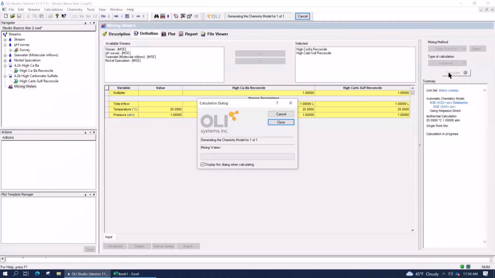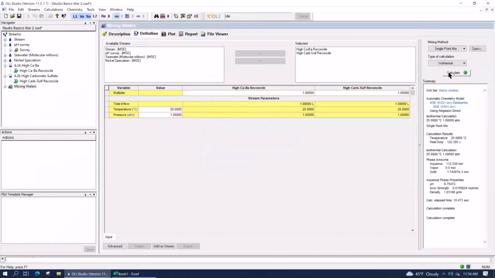What I want to show you is how the software thinks about material balance and total energy. Right now, the software is generating the chemistry models for both streams, combining them into a single chemistry model, and then running the calculation.